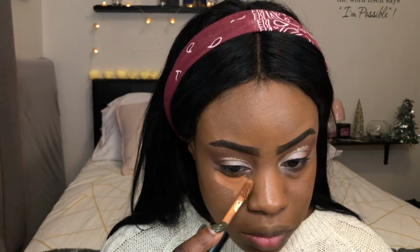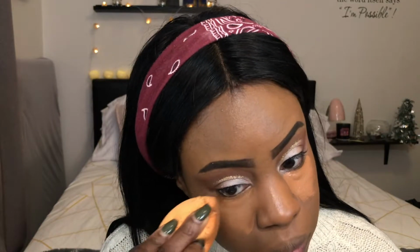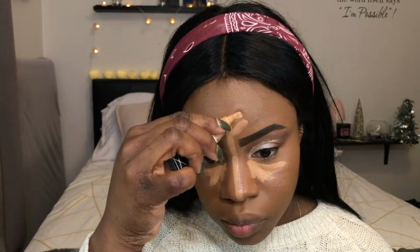I will be using two concealers today. I'm using the e.l.f. 16-hour Camo Concealer in the color Deep Cinnamon under my eyes. And then on top of that, I will go with the LA Girl Pro Conceal HD Concealer in the color Warm Honey. And with the LA Girl Concealer, I will be highlighting under my eyes, the bridge of my nose, my forehead, my chin,